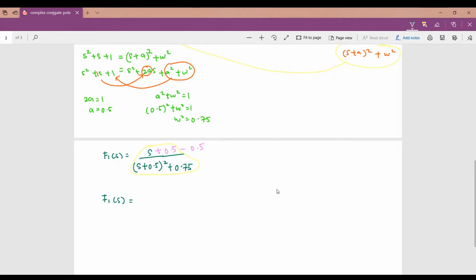This one I don't want to change, so I will maintain it in this form because I already know the time domain form of this one. I already successfully get this one. But for the 0.5 here, minus 0.5 here,